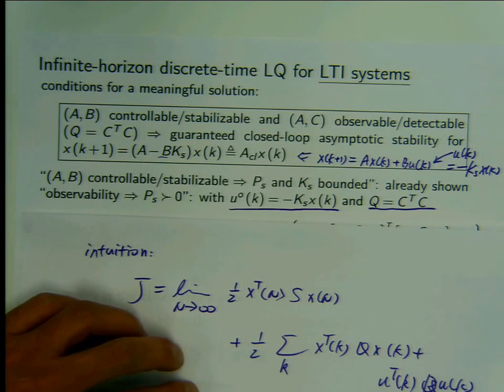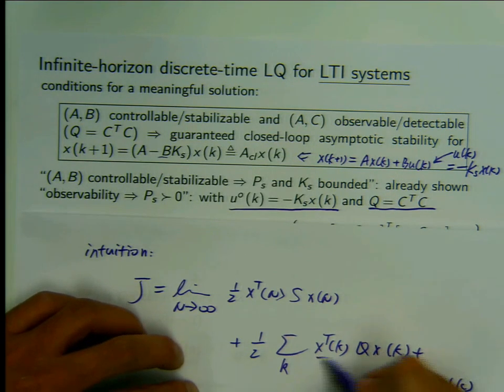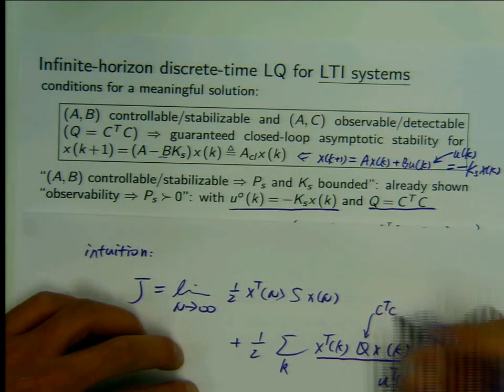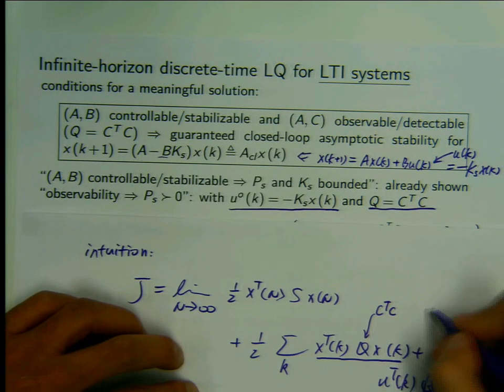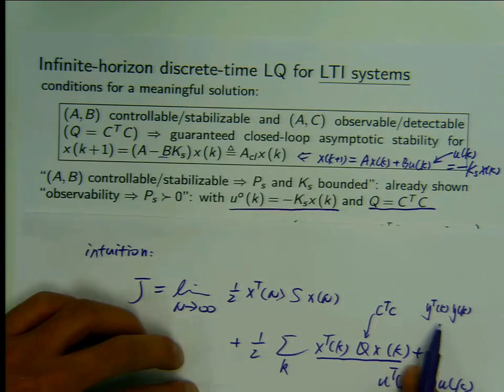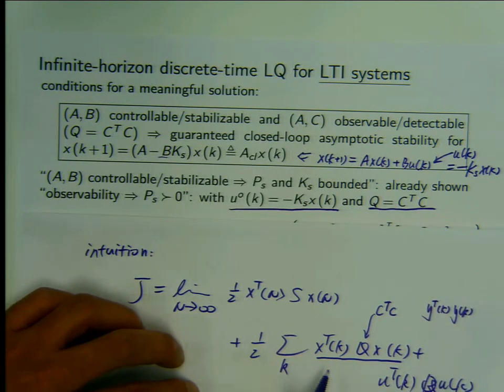The meaning of observability means from the output measurement. I've told you if Q is defined as C transpose C, then this whole term looks like Y transpose K, Y transpose K times YK for this term, right? I have explained to you that